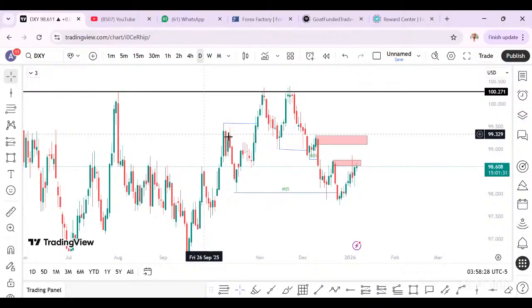You don't need 5 strategies to be on the winning side. This year, I want every one of us to define our trading. We can't just be trading everything we see. First and foremost, know which type of trader you want to be. Are you going to be a swing trader? This is very, very important. At the beginning of the year, define which type of trader you're going to be.